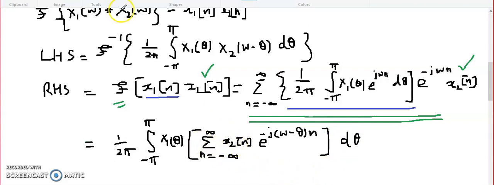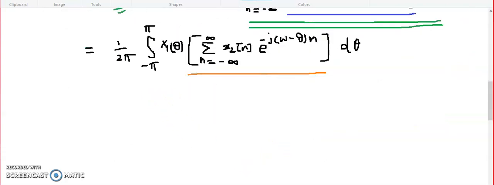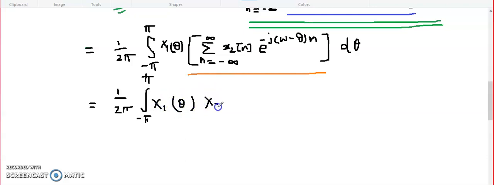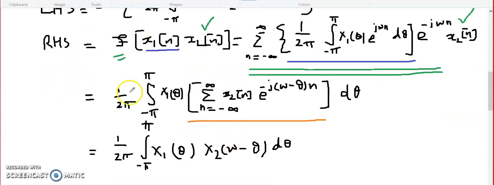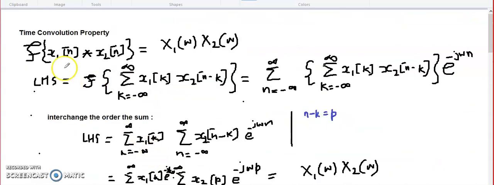Now what is this sum? This is the DTFT of x2, X2(omega), but here, in place of omega, as per the definition, we have omega minus theta. So we can write it as 1/2 pi, integral from minus pi to pi of X1(theta) X2(omega minus theta) d theta, because this is the Fourier transform of x2 but with omega minus theta in place of omega. And this is the left hand side. So the left hand side is equal to the right hand side. Hence it is proven that two signals convolve